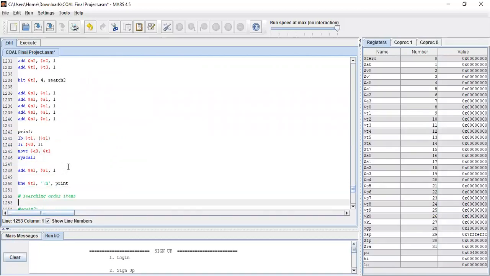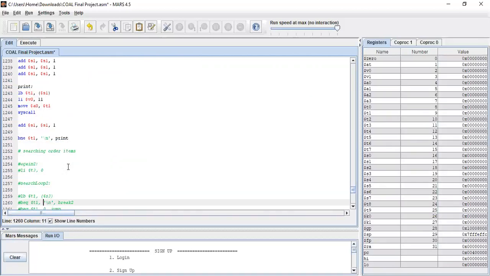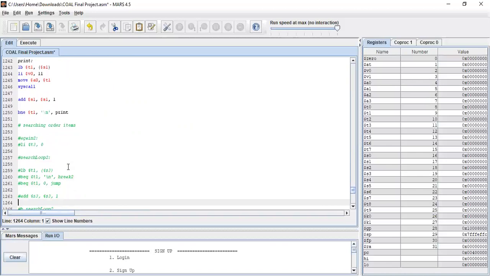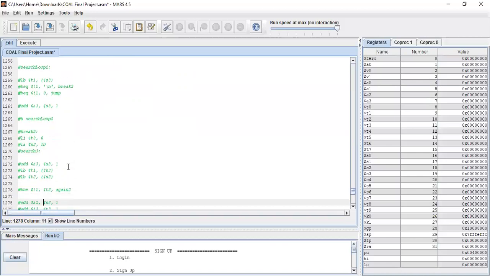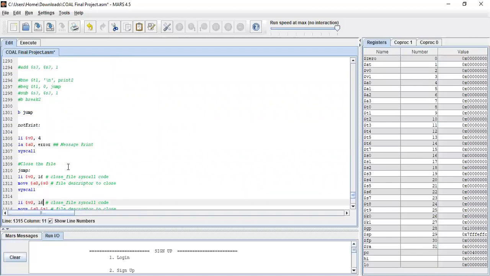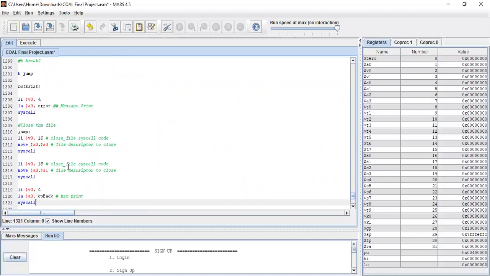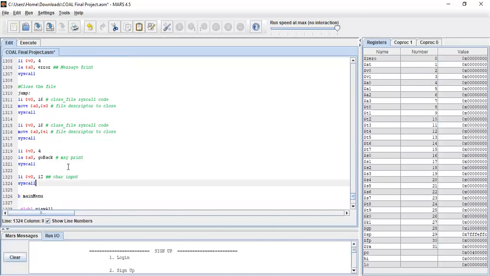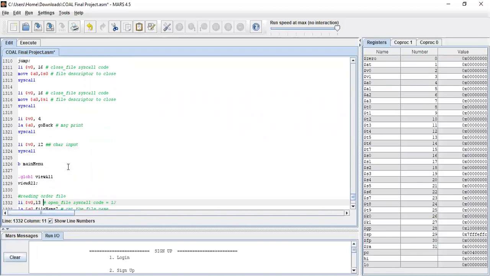It will look for it, and if the ID does not exist, then it will give us an error message that your ID is invalid. Then for closing the file, we have $v0 16 to close the file, and the message will be printed to go back to the main menu.